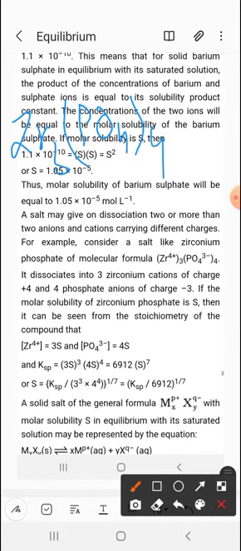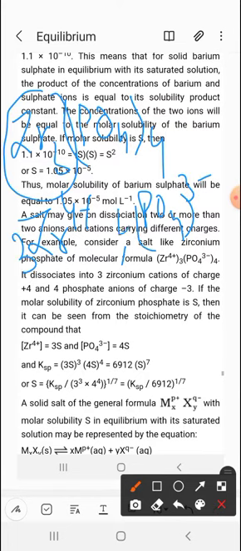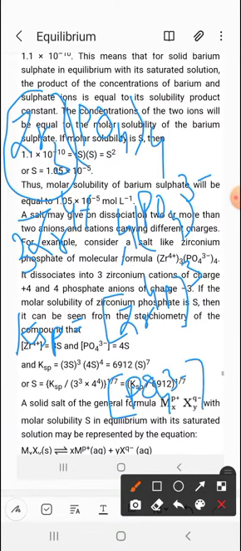Now this is a salt, so if you separate out the ions of the salt, you will get Zr4+ and PO4 3-, and you can see there are 3 zirconium ions and 4 phosphate ions. So in this way, if you write the Ksp, you write the concentration of zirconium 4+. How many are there? 3. So you have to raise the concentration to the power 3, then phosphate PO4 3-, and how many phosphates are there? 4. You have to raise it to the power 4. Now you multiply these two concentrations of zirconium and phosphate, and you will get the solubility product for this salt.